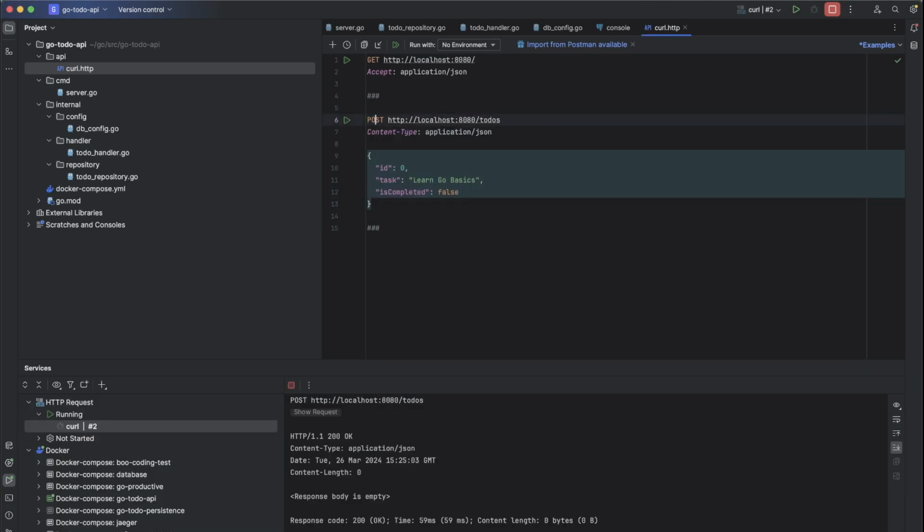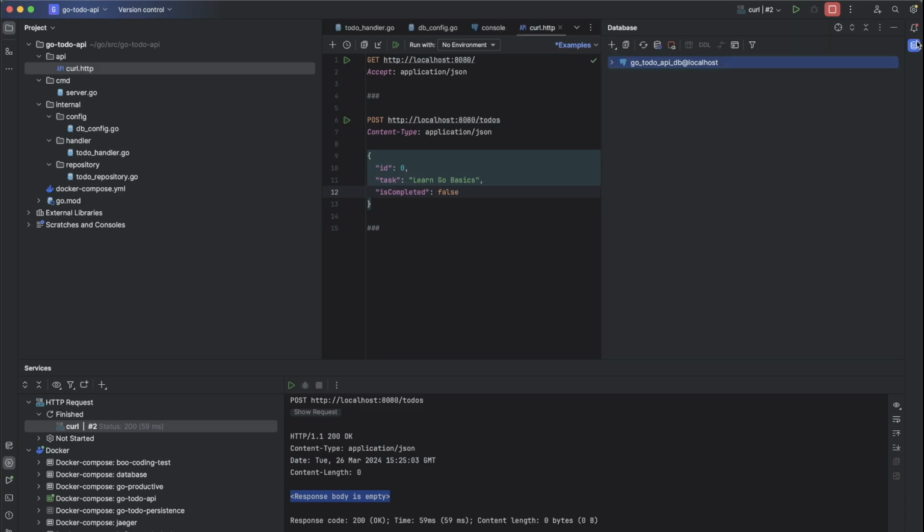See if it works. It says 200. It is intentional that we are not giving any response body, but let's see from the database if we successfully created our first task.